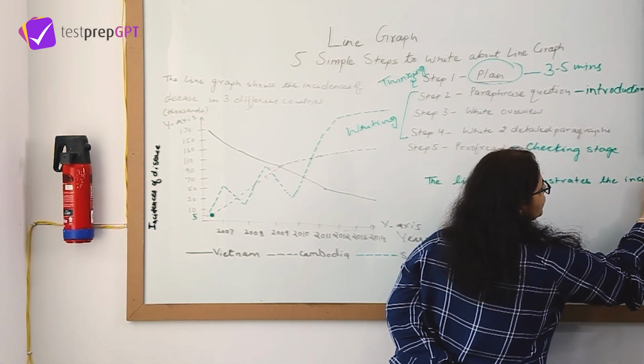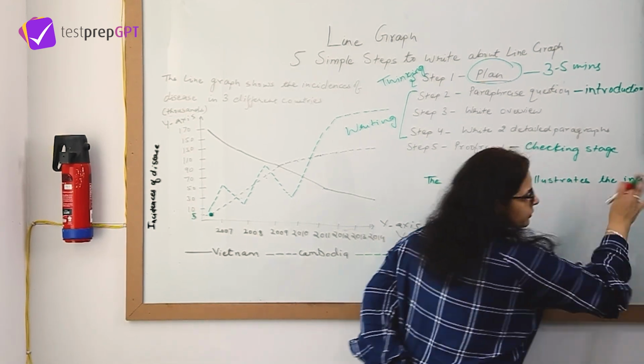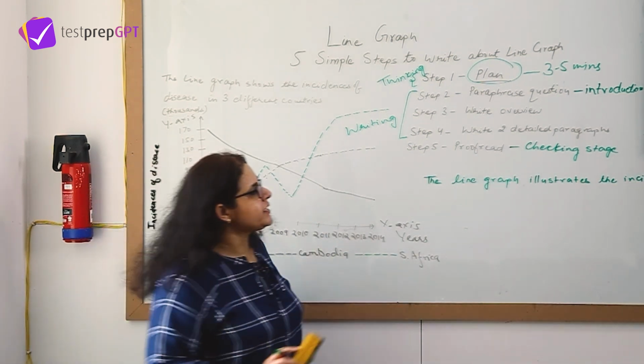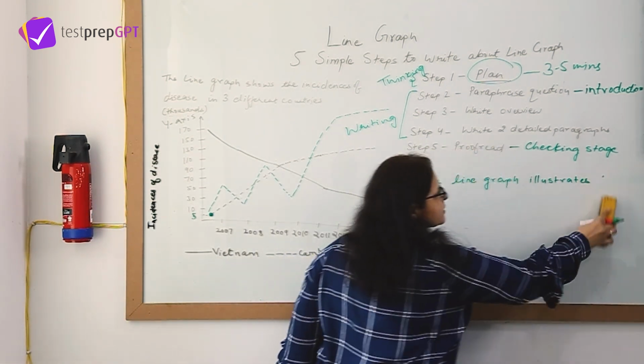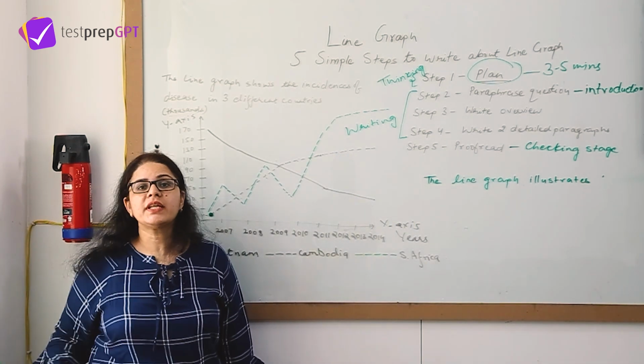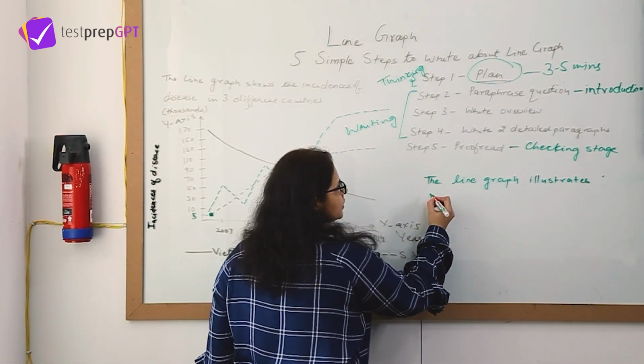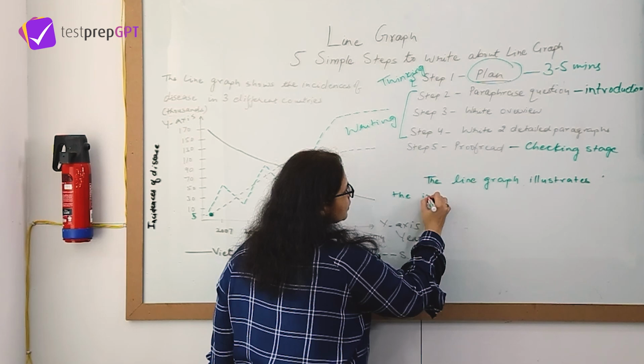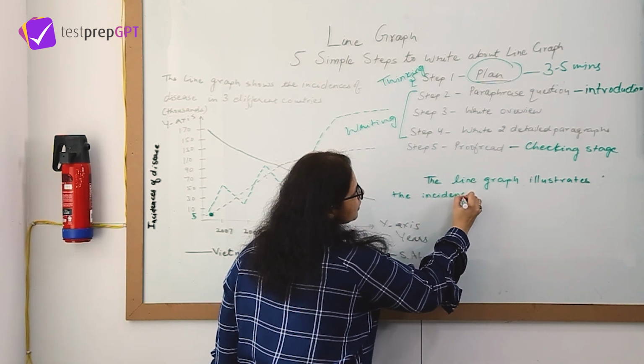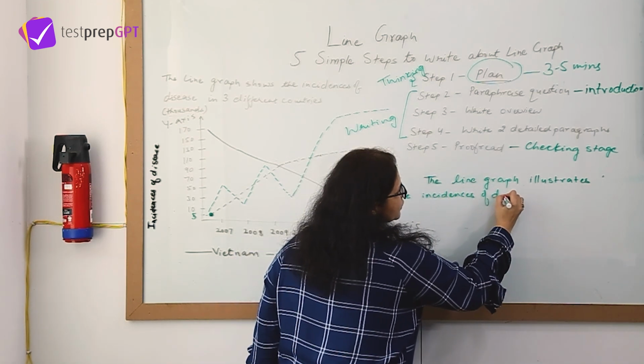I want to keep the word incidences as it is. Why? Because it is an academic word. Of diseases